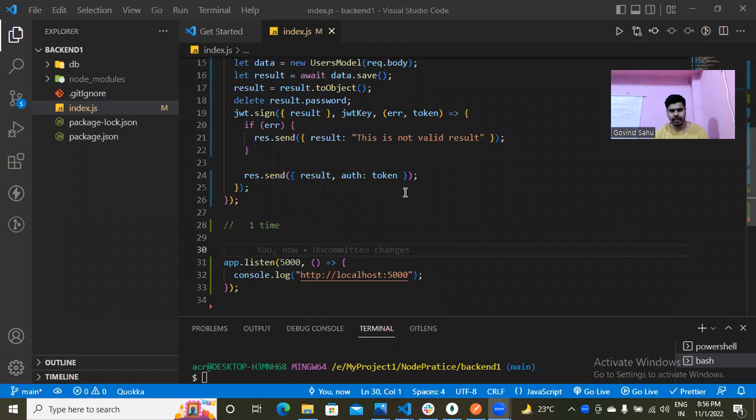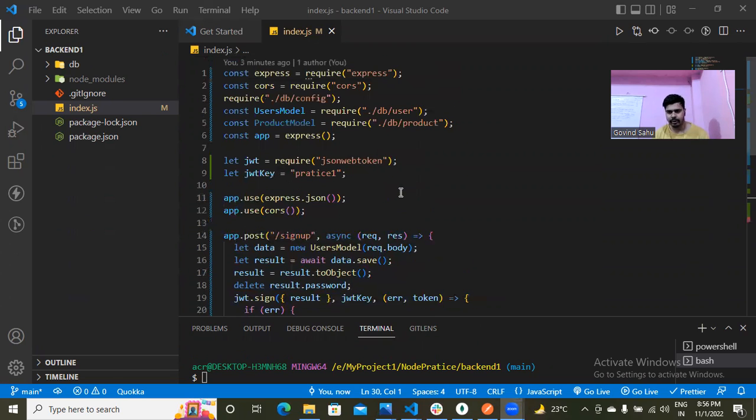Today our topic is to create a login API. So let's see what we did yesterday. Yesterday we imported Express and created some config file,